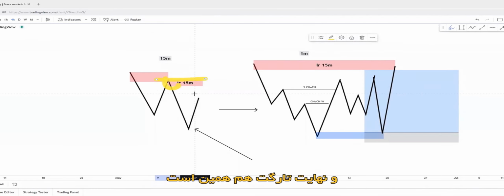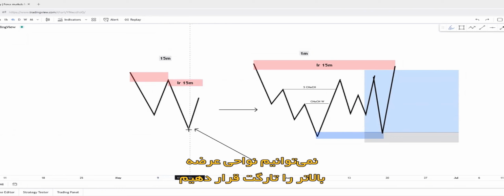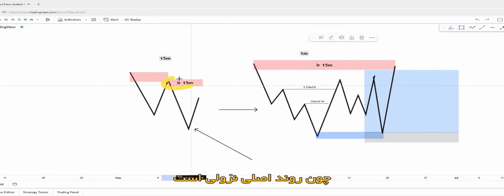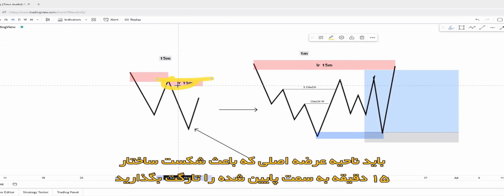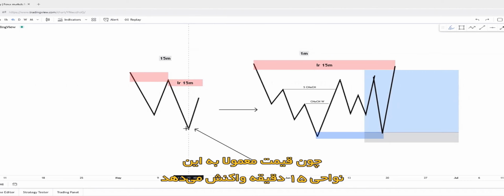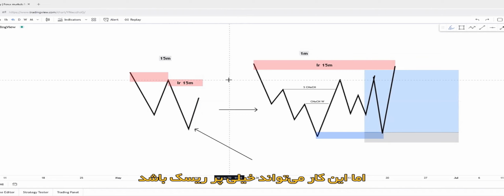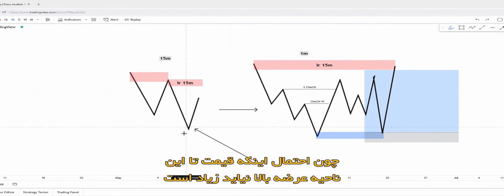And you can only target this because the main trend is bearish and you're expecting this supply to hold price actually. And you can target higher supply areas because this is the main trend. You have to target the main supply zone that has caused the last recent 15-minute break of structure to the downside. So that's why we are always targeting the 15-minute zones and not the 1-minute zones, because price usually respects these 15-minute zones. But this can be considered really, really risky because there's a high chance that price won't even